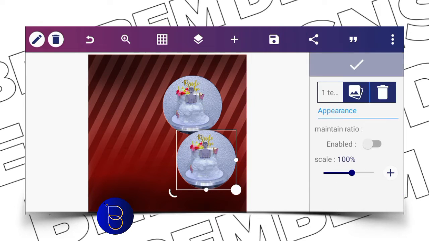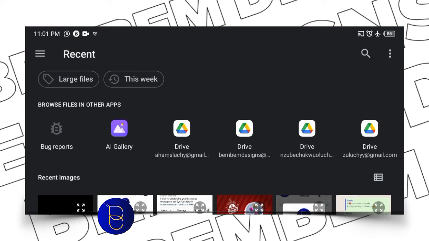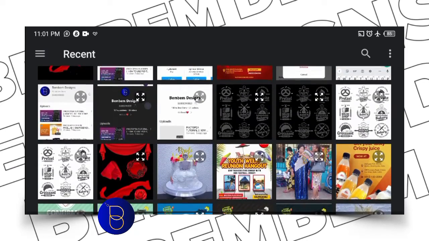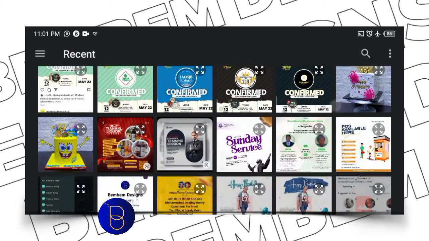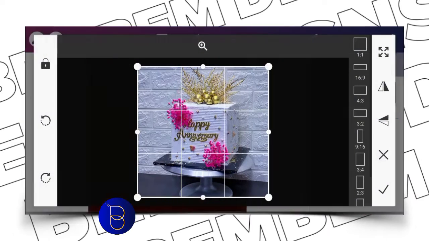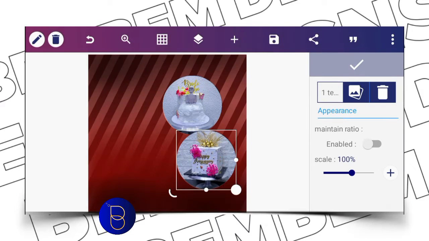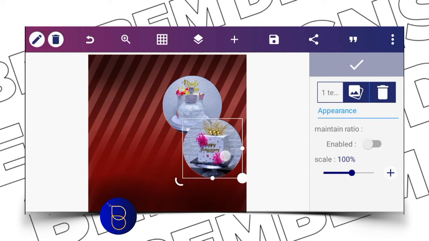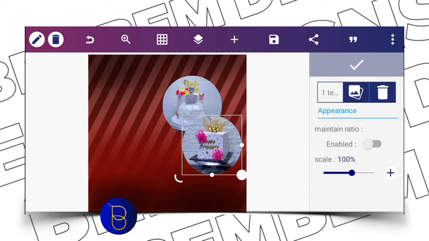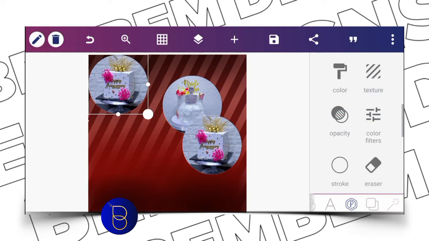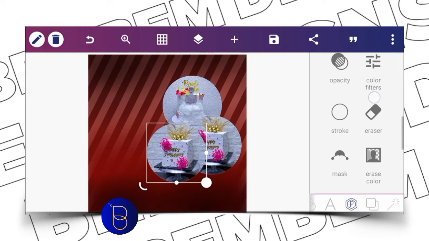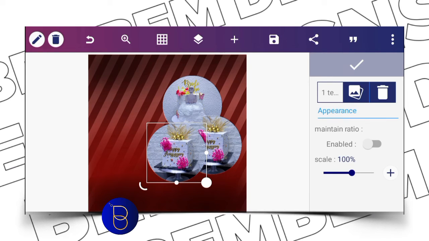Go to texture, go to my pictures and choose another image. So we're making this flyer for a bakery. Okay, so I'll make a copy of this again. Go to texture, gallery,